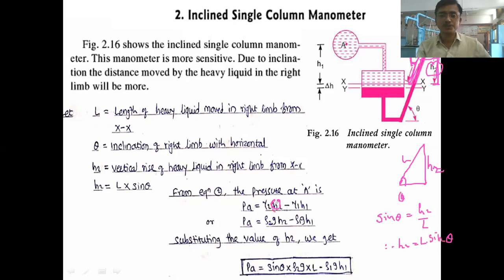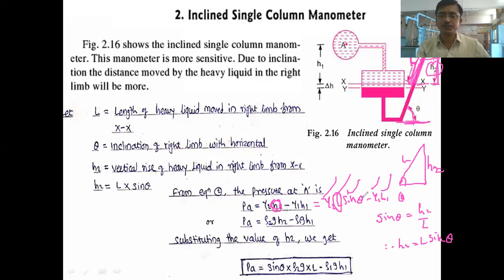So in this equation, instead of H2, what we can put? We can put L sin theta. So how we can write down this equation? PA is equal to gamma 2 L sin theta minus gamma 1 H1. ओके, तर आता याच्यामध्ये gamma 1 माहित आहे, H1 ची व्हॅल्यू फिक्स आहे, साइन थीटा हे थीटाची व्हॅल्यू पण फिक्स आहे. ओके, हे बदलत नाही, हे पण व्हॅल्यू फिक्स आहे. L ची व्हॅल्यू आपल्याला फक्त काढायची आहे. गॅमा 2 पण आपल्याला या ठिकाणी फिक्स आहे. फक्त मेजर काय करायचं आपल्याला? ऑब्झर्वेशन लेंथ, म्हणजे किती मर्क्युरी या ठिकाणी या डेटम पासून पुढे गेलेला आहे किंवा एक्स पासून ह्या किती या ठिकाणी मुवमेंट झालेली आहे.